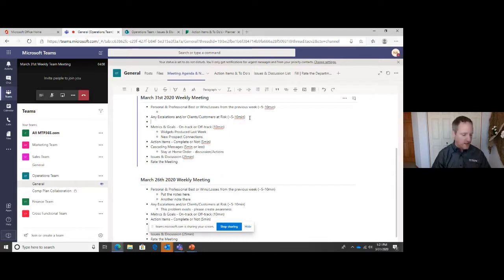Again, any escalations, like are there any client issues or vendor issues or anything like that we want to create awareness of to the team, capture those notes here, right? Put notes here. Again, going through your metrics and goals, and from an action item perspective,